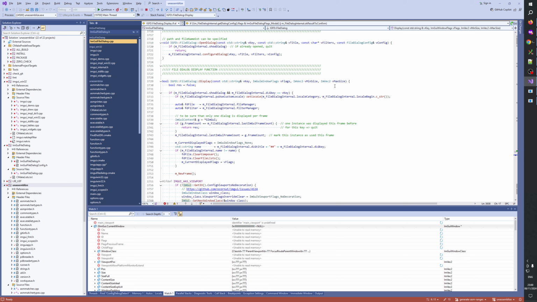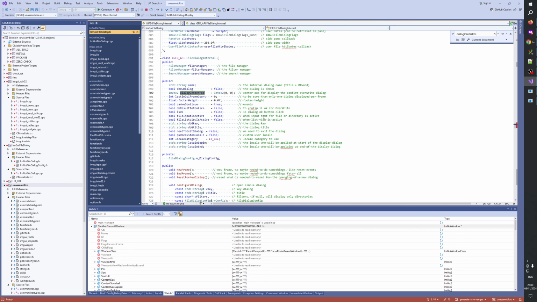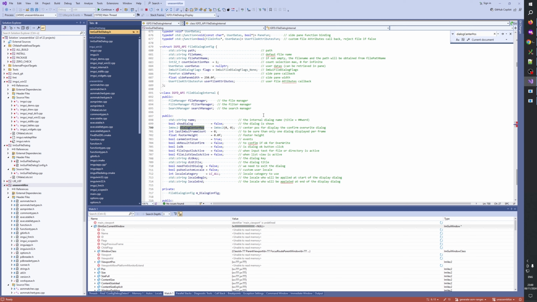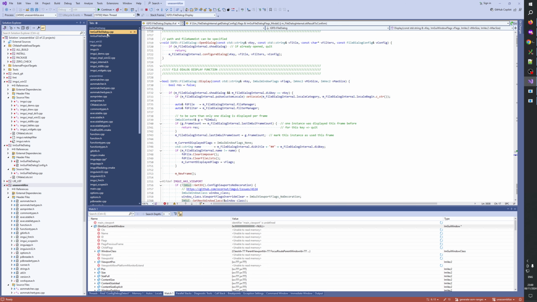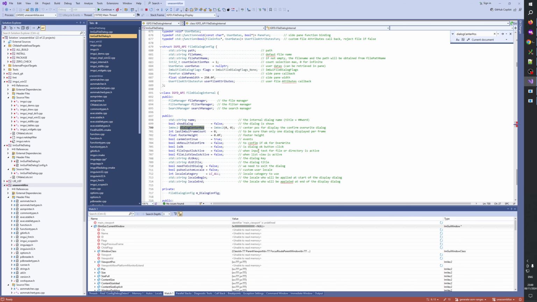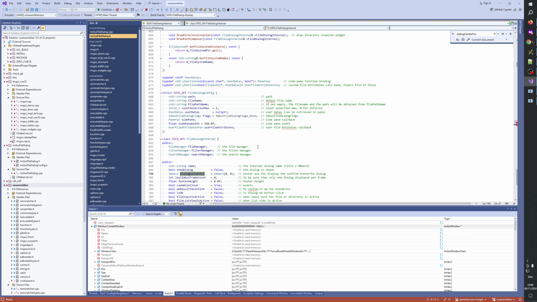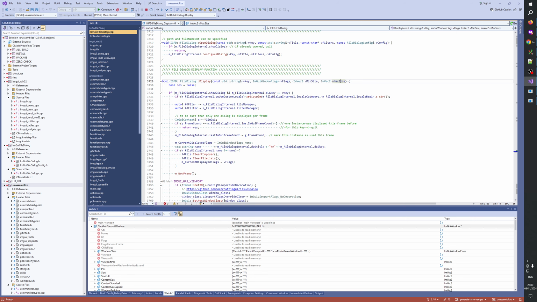Well, we would have to modify this thing if we want this. Yeah. Display min size, max size. Okay,